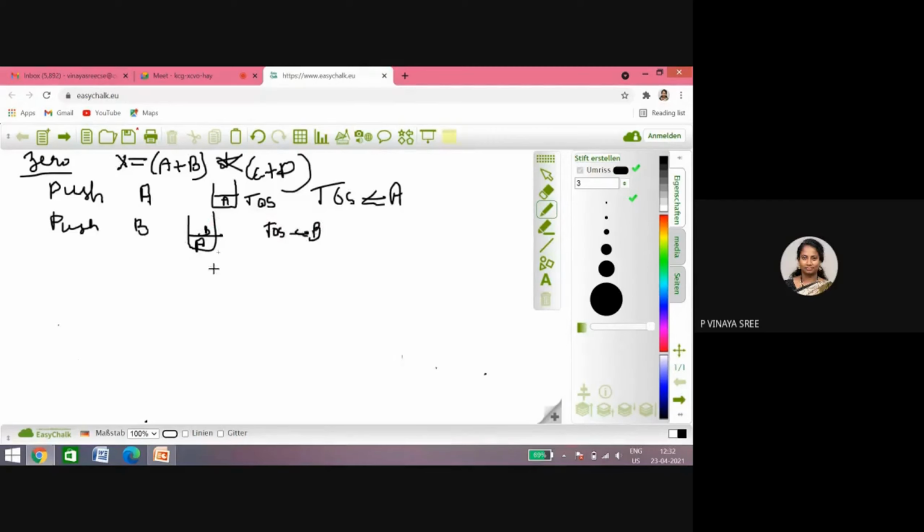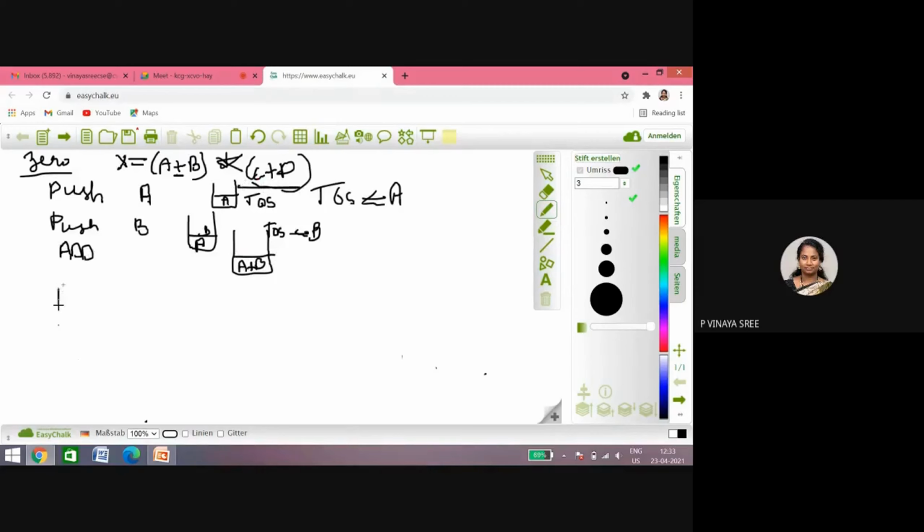You need to write each and every expression with a stack diagram. Next, after that, we have an operator called plus, so perform add. Whenever you are performing add, the top two elements from the stack will be popped, the addition operation will be performed, and the result will be pushed into the stack again. So now top of the stack will be A plus B.